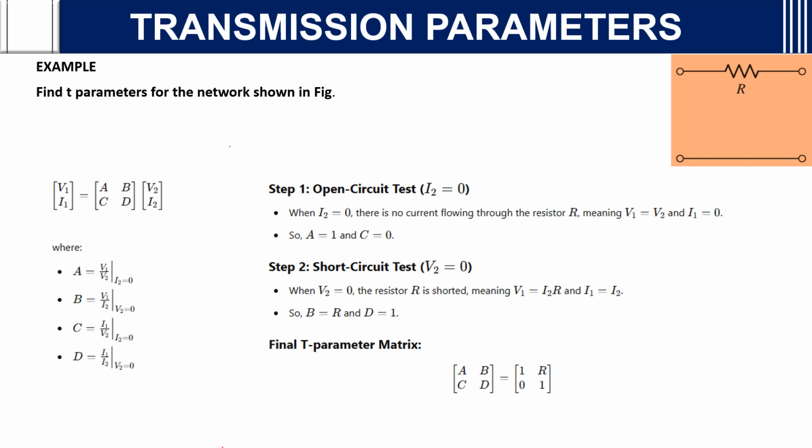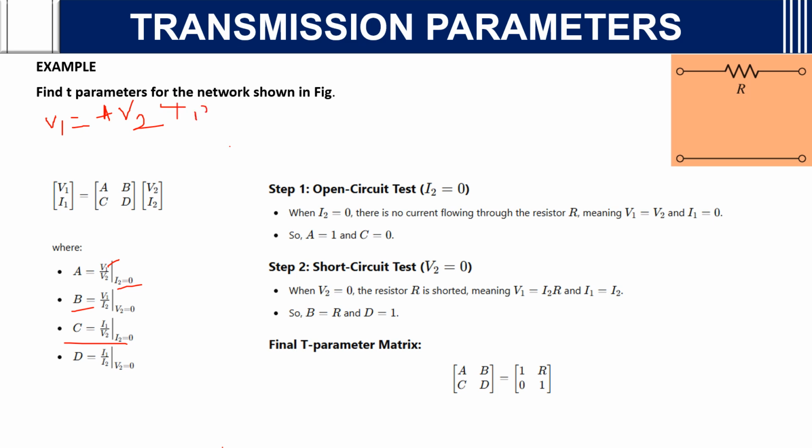From this, what you can write, A is equal to V1 by V2 when I2 is equal to 0. Then B is equal to V1 by I2 when V2 is equal to 0. Then C is equal to I1 by V2 when I2 is equal to 0. D is equal to I1 by I2 when V2 is equal to 0. You can write the equation in this way. If you are getting confused, just see V1 is equal to A into V2